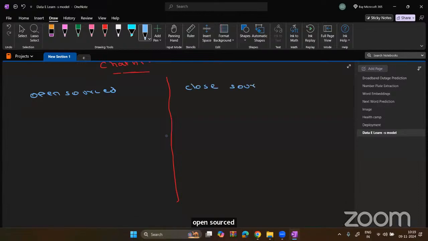Closed source, right? Now, open source means the architecture is available to everyone. Everyone can see the architecture. Everyone can modify the architecture, fine-tune the architecture, I mean, replace things in the architecture, replace the layers and everything in the architecture. So those models are